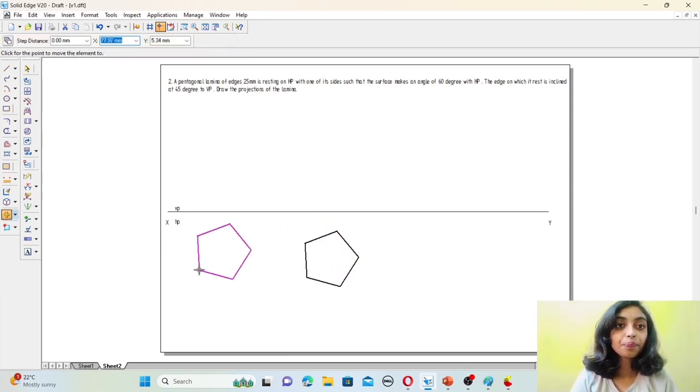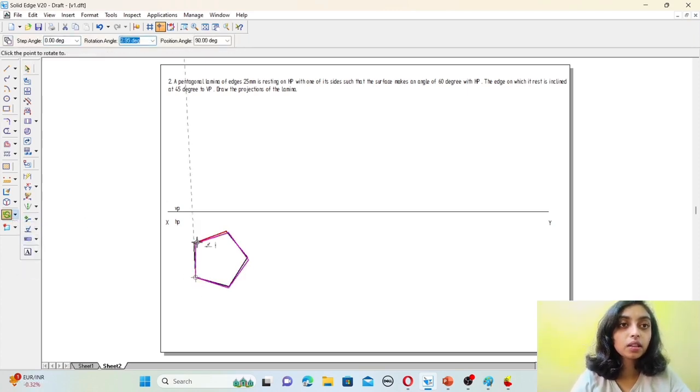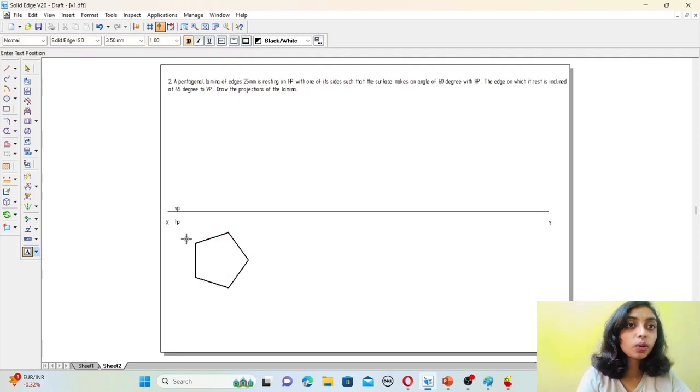place this here. As you can see, this is not exactly correct. So again, select this whole triangle, rotate, select this point and then this point, rotate properly. So this is the exact pentagon. Let us name this now. Go to text. This will be our A, this will be B, this will be C, this is D, E, and then the 5 sides.